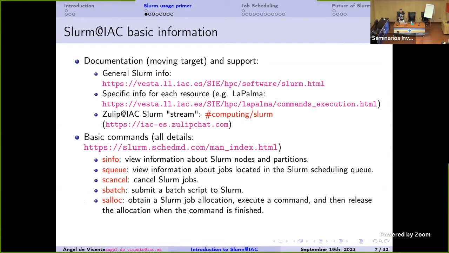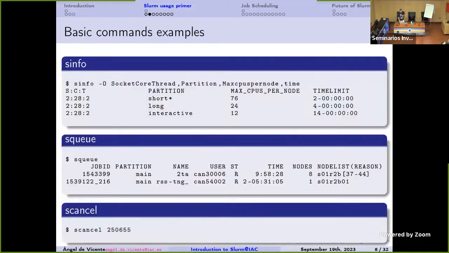Okay, so I put just some examples here, but obviously, either in our local information pages or in the official Slurm pages, there are plenty more details. So for example, if you go to any of the machines that have Slurm and you want to see the information about the queues, you can run sinfo. There is an option to decide what type of information you get. This one is a bit more complete than what you get only with sinfo, but it will tell you, for example,